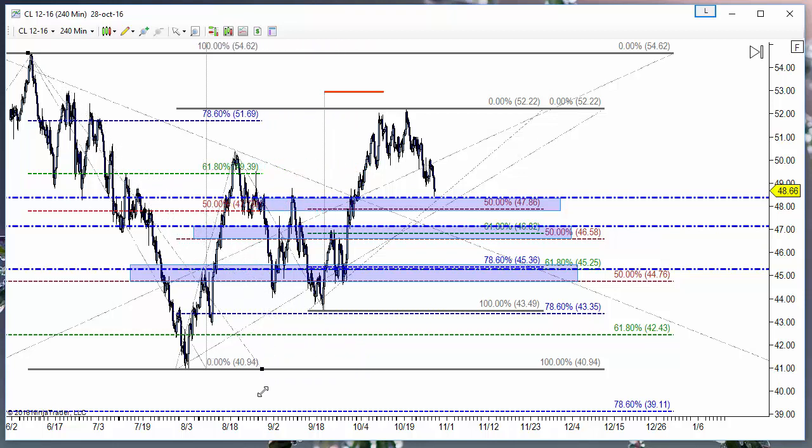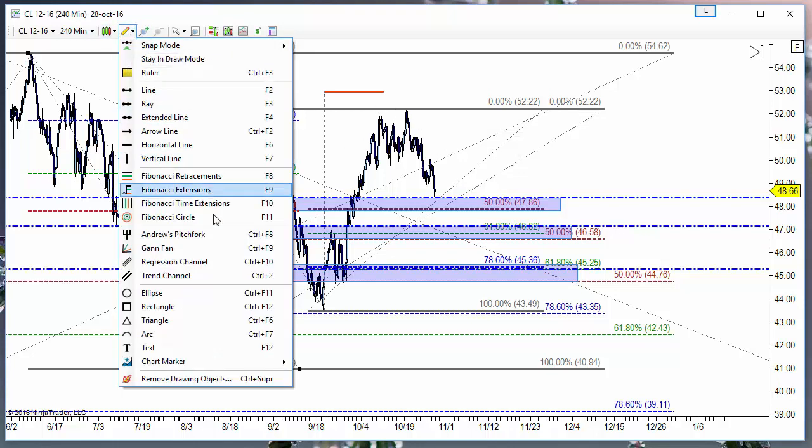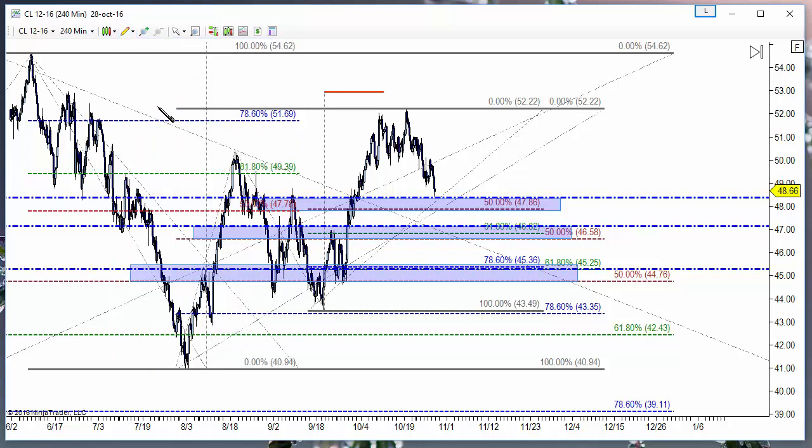We have several overlaps also. Some of them have already worked, like this 61.8, the 50. All of them had already some bounces. This 786 was the current high,